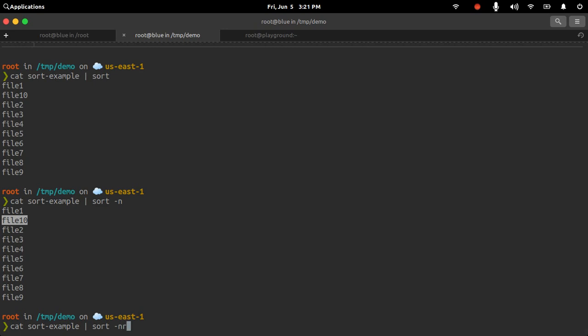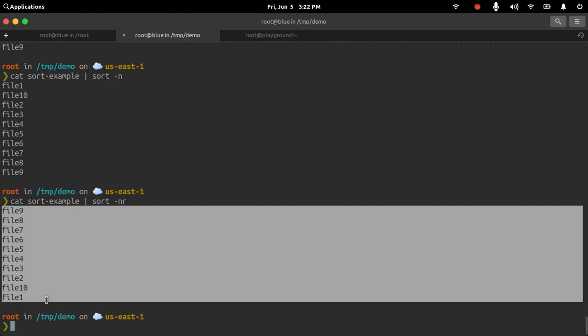If I do a reverse sorting of this particular file, then you would see it is doing a reverse sort here. So basically 1 to 9 is getting printed, and 10 is also getting considered as 1 only, because it starts with 1 and is then followed by the other number. And similarly, -r is for reversing the sort order, and -n is for numeric. So if I do a numeric sort in the reverse format, you would see it starts from 9, 8, 7, 6.